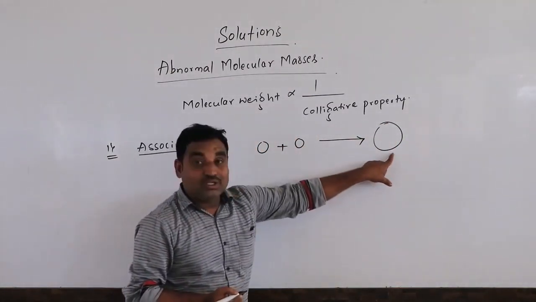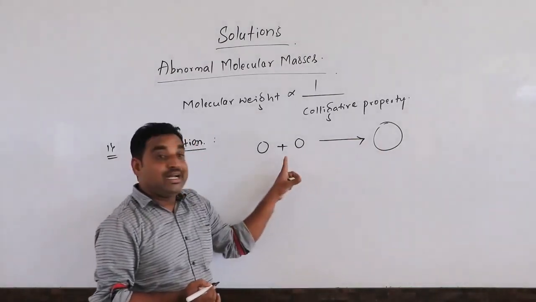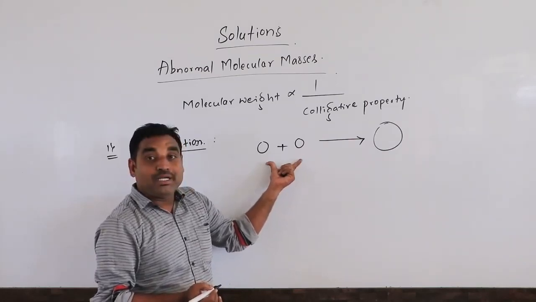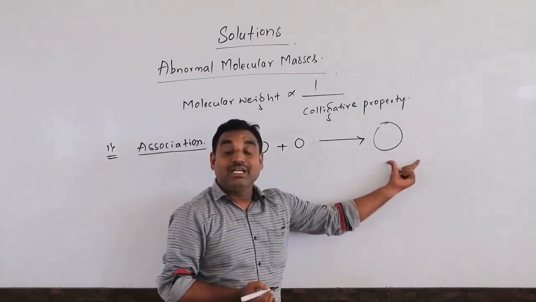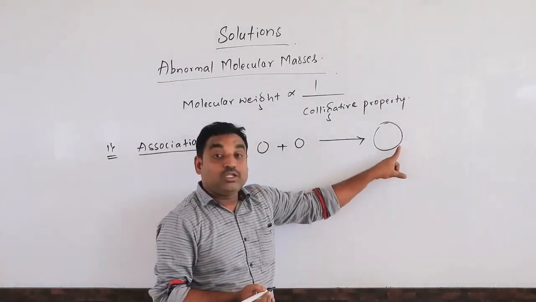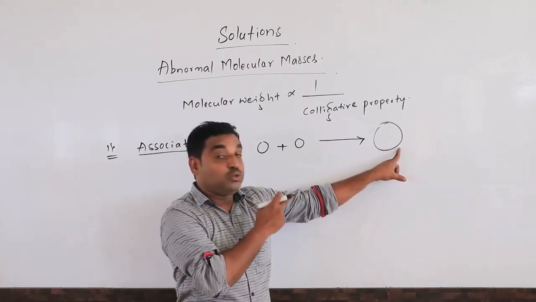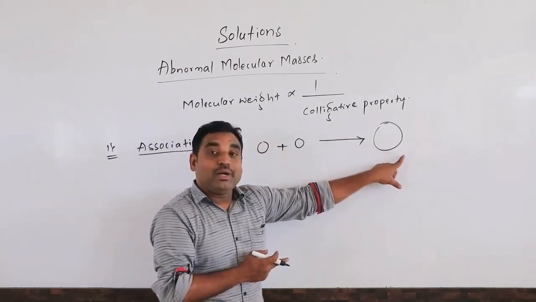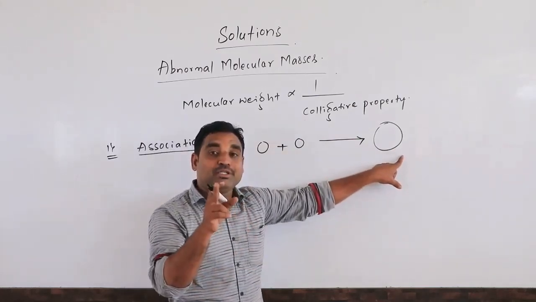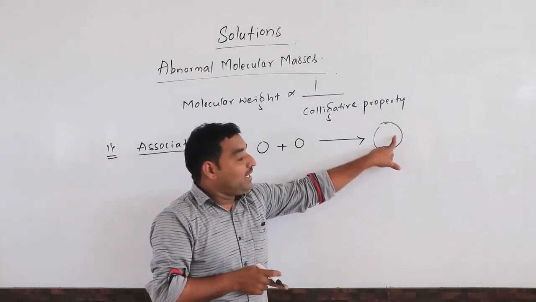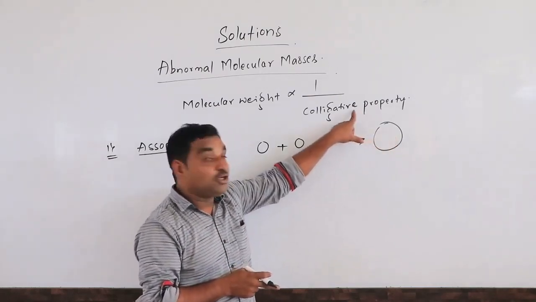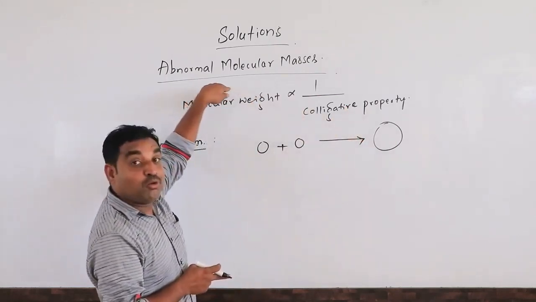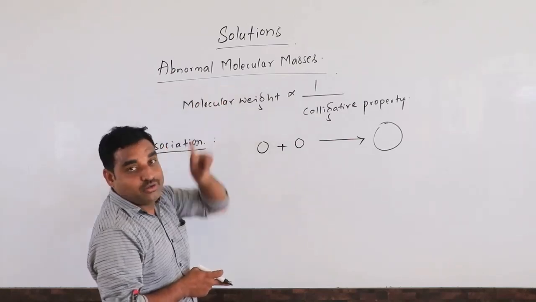The total number of molecules in the solution will be less than the added solute particles, because we add two solute particles and these two associate to form a dimer, which is one molecule. In such cases the total number of solute particles is less than what was added. Since the colligative property depends upon the number of solute particles, fewer particles means a lower colligative property, and then we get a higher molecular mass for the solute. We have to remember this point.